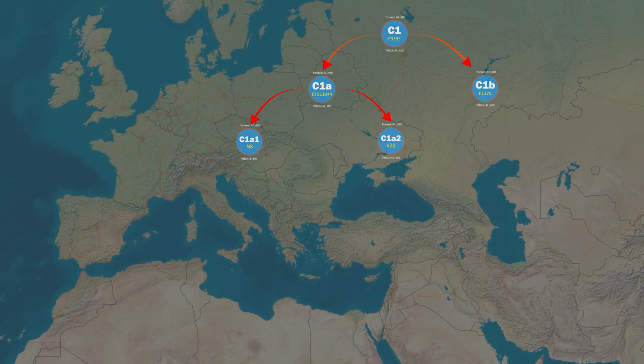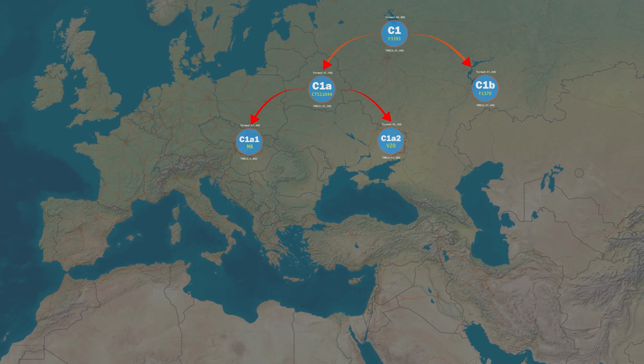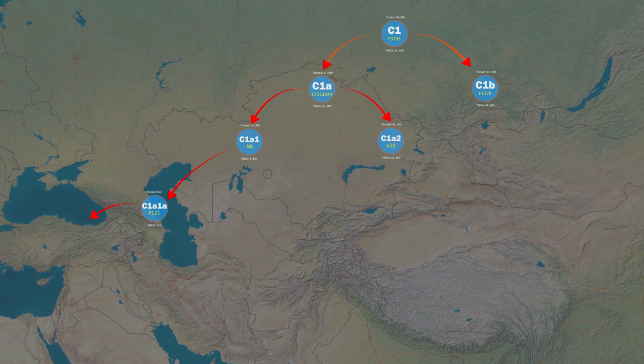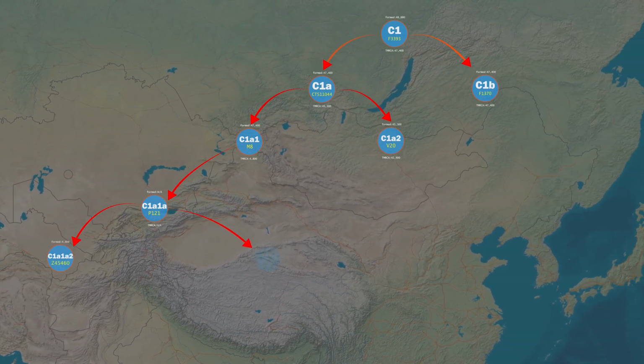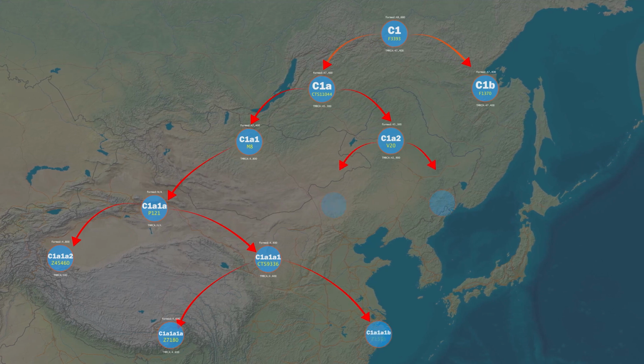Haplogroup C, extracted from the remains of Europeans who lived up to this time, will be displayed on the map in detail later in this video. After this period, haplogroup C is rarely found in Europe. Haplogroups of these descendants are found in East Asia such as China, Korea, and Japan.